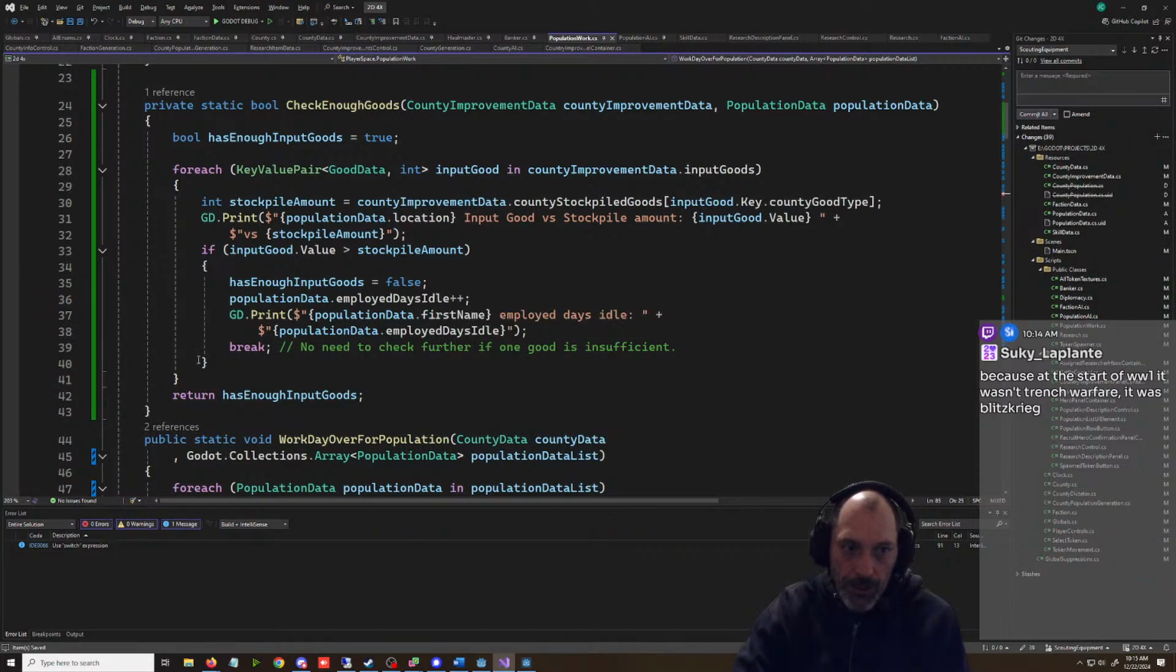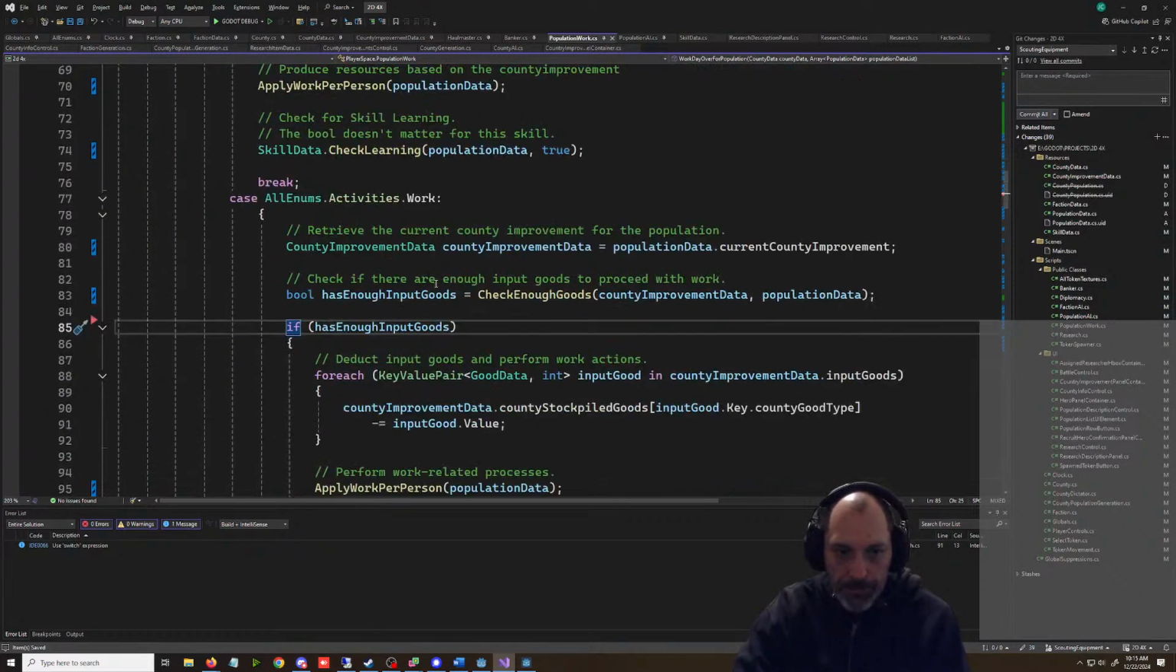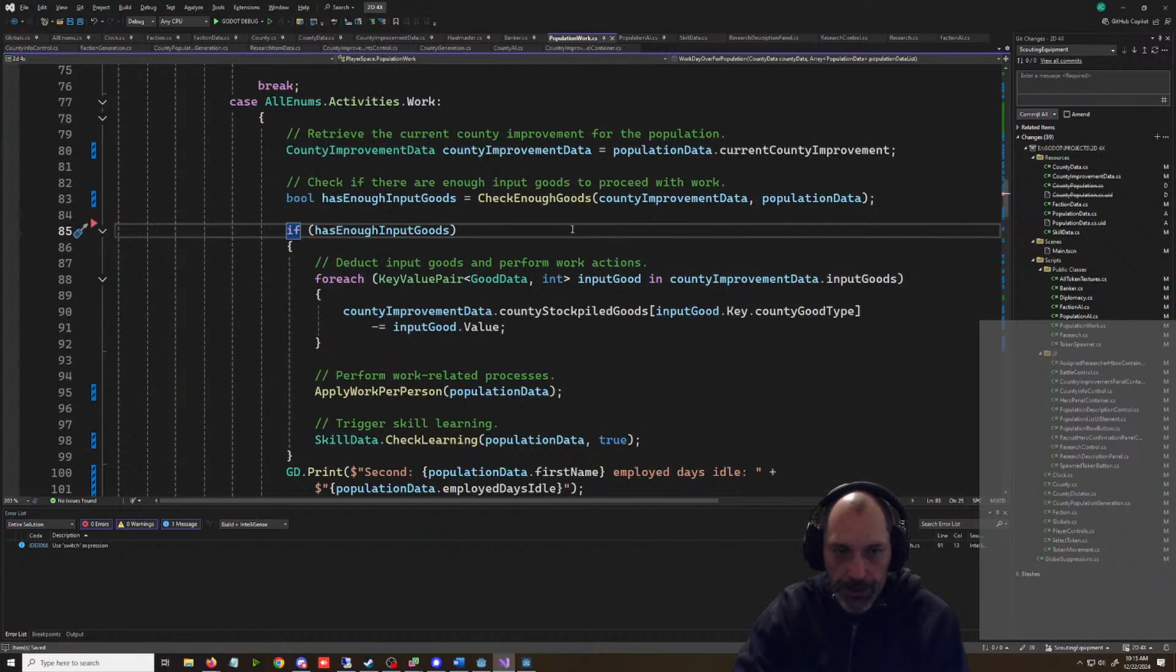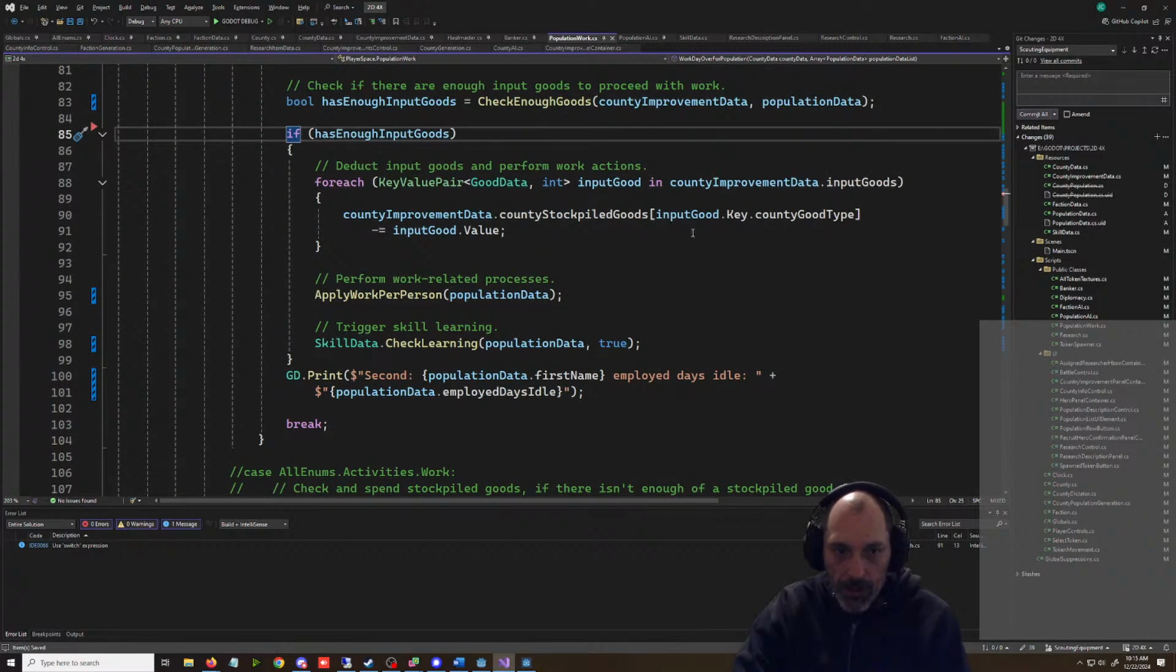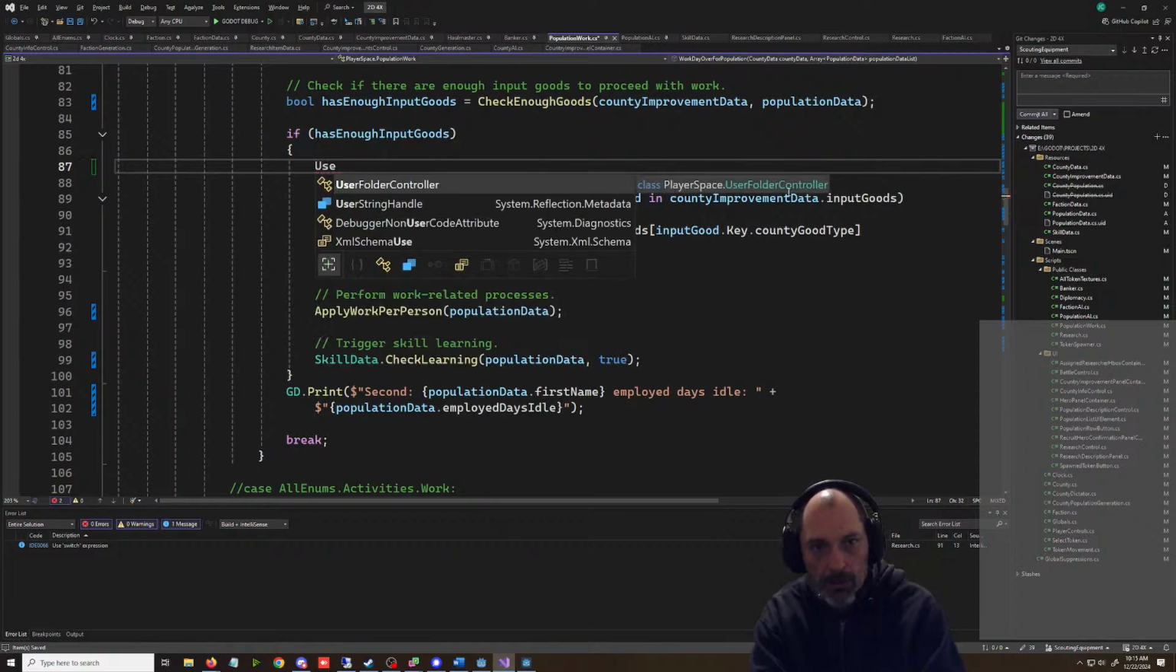Now, that should work because it will kick it out of this for each loop. It hits the first one, bam, and it's done. I hope. And then this is going to return this, and then if this is true, it will perform this removing. We'll rename this. Use... What are we in? We're in population work. Use